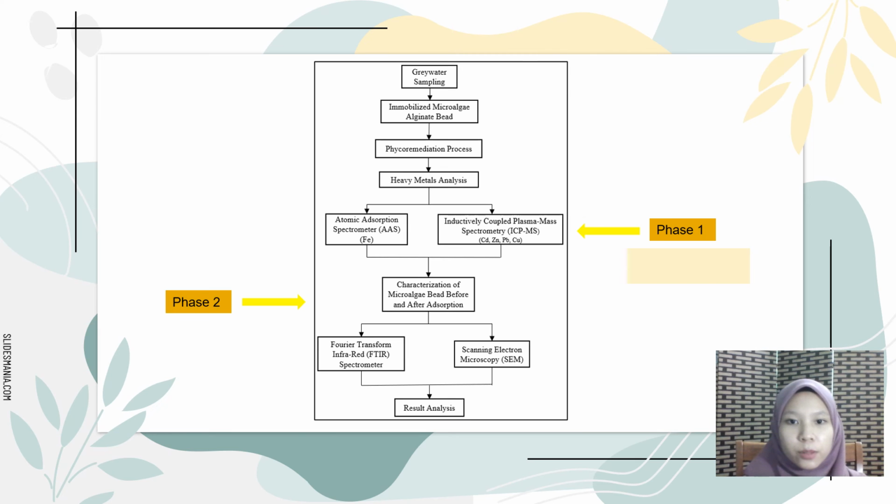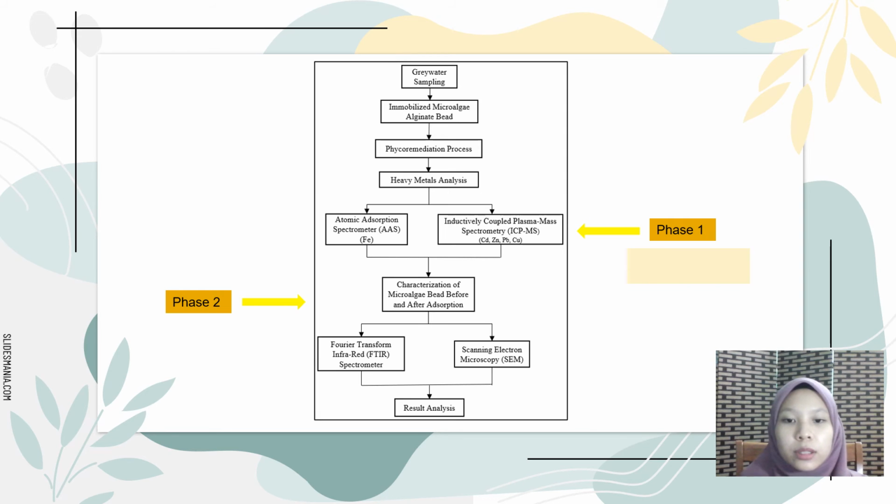Methodology. From the chart, first, greywater sampling. Greywater sampling was taken from the bathroom greywater of one's residence at Kampung Melayu Raya Sagil. And second, the immobilized microalgae alginate beads were prepared at the Environmental Laboratory, Faculty of Engineering Technology. Next, the phycoremediation process. In this process, we have 5 samples of greywater in 700 ml. And every sample has a different amount of alginate beads, which is 200 gram, 400 gram, 600 gram, 800 gram, and